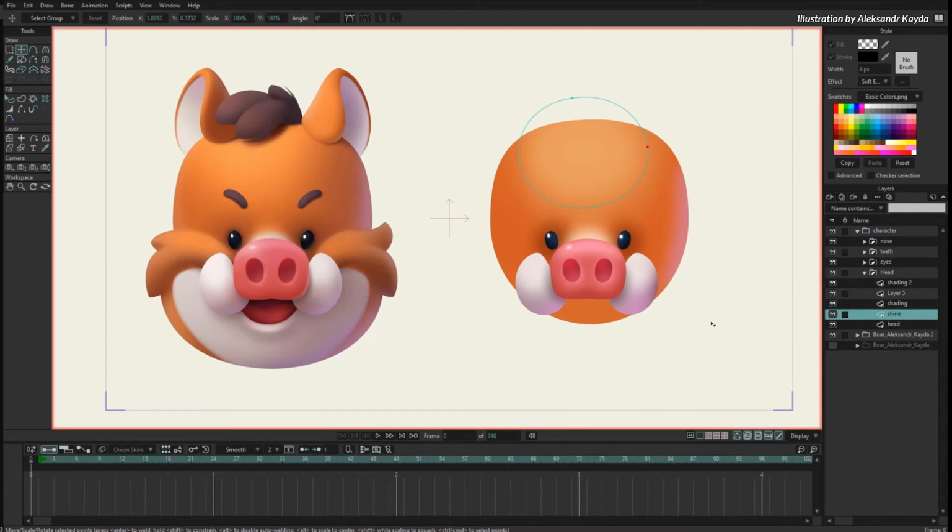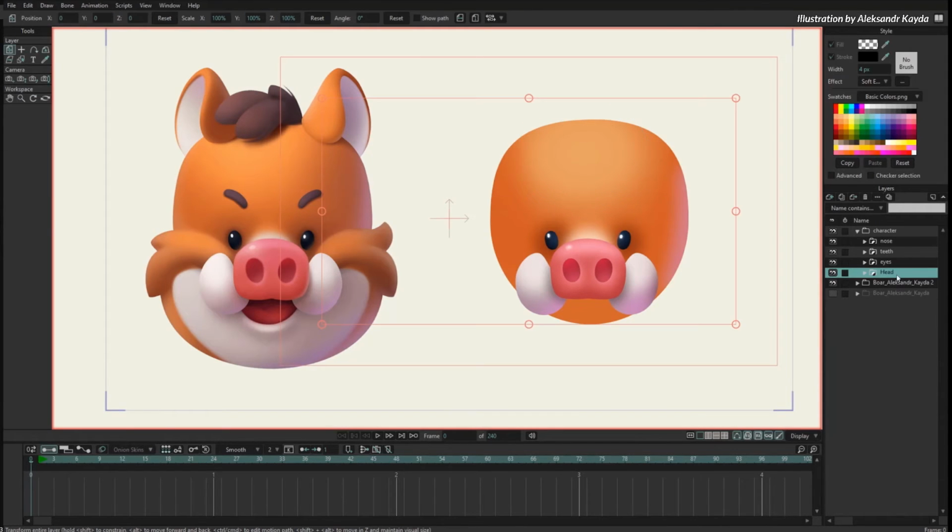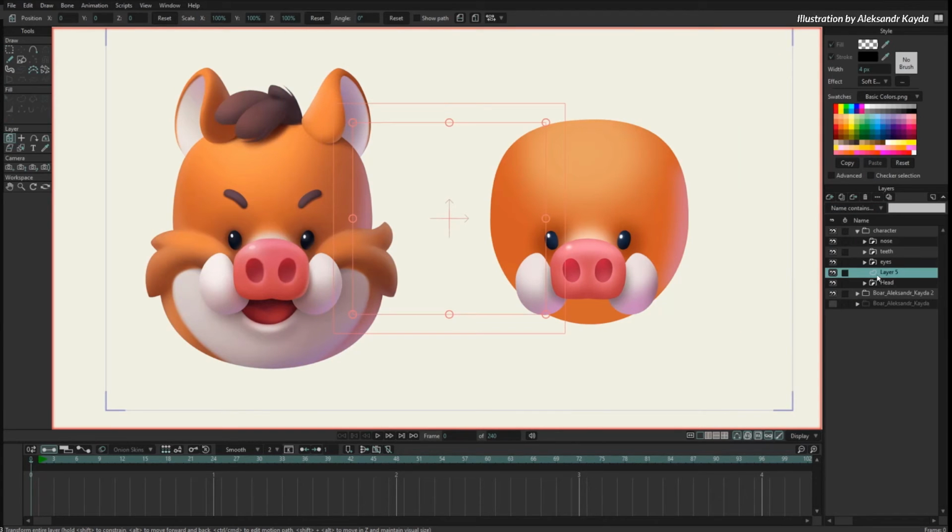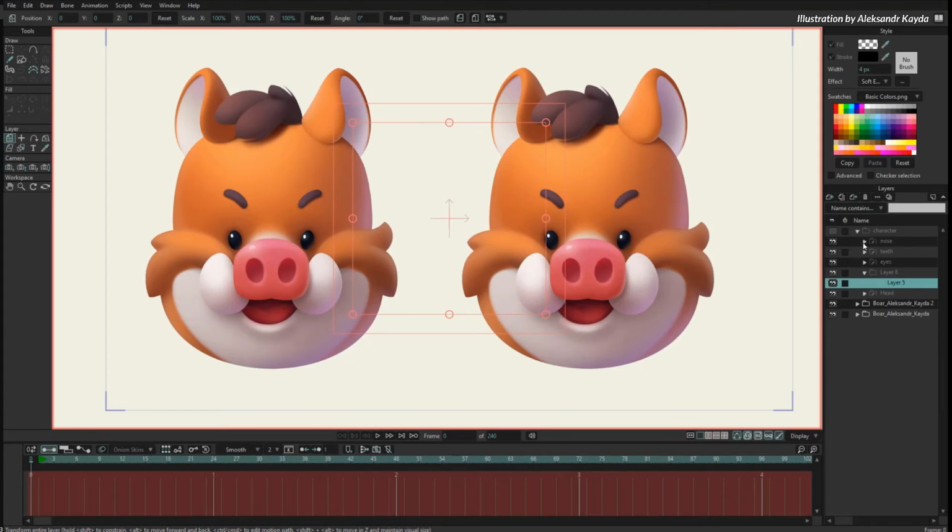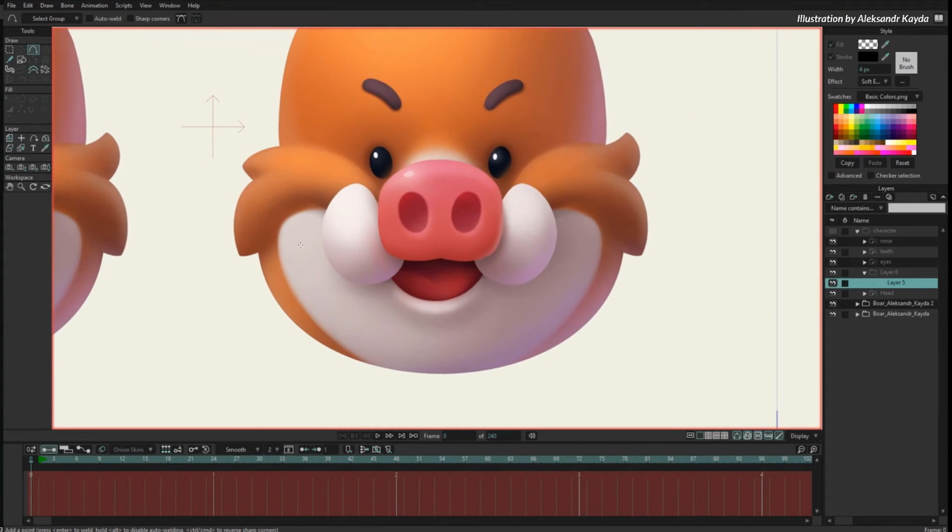So now let's create this white part here. This part is again on top of the head. So I will create a vector layer on top of the head, and I will group with selection already. So I will show this, and now I will just create another circle. I like to create circles, ovals, whatever. So I will just start modifying the points here,